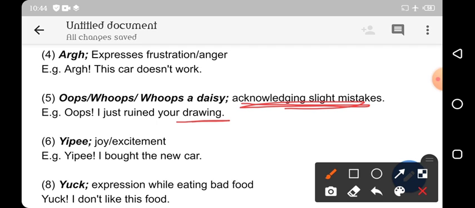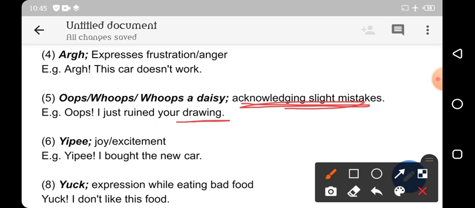ऊप्स आई just got wet, or oops, somebody threw dirt on my book. ठीक है? और oops, somebody torn my notebook. कुछ भी इस तरह से आप एक्सप्रेस कर सकते हैं. ठीक है? तो स्लाइट मिस्टेक्स के लिए whoops oops होता है. ठीक है? सो जैसे आप कंप्यूटर पे मोबाइल पे कोई गलत बटन दबा देते हैं तो वो भी एक स्लाइट सी मिस्टेक है. यानी आप कुछ और फंक्शन में जाना चाह रहे थे और किसी और ऐप में आपने आप उसको ओपन कर दिया, तो आप वहाँ पे भी oops, I just opened up the wrong application. ठीक है?